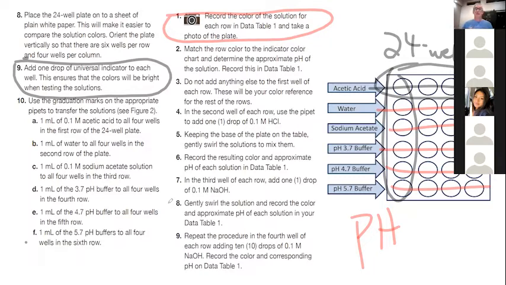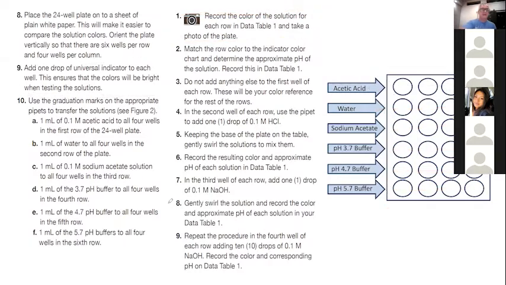Then we're going to actually test. So you should write down, make a note of the pH in each one of these. Match it to the color palette, and make your best guess as to what the pH is. Then, in the second well of the row, we're going to use the pipettes. So let me clear this. So then in the second well,